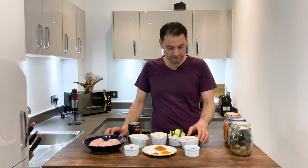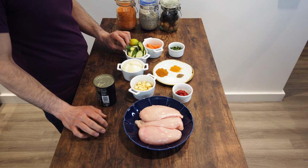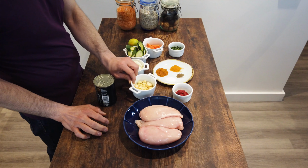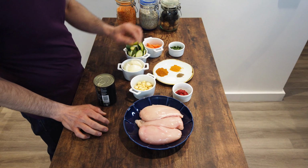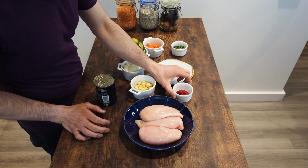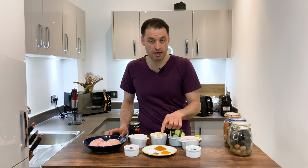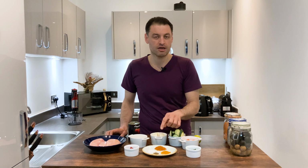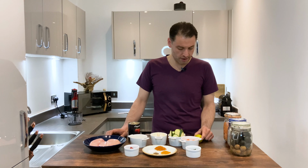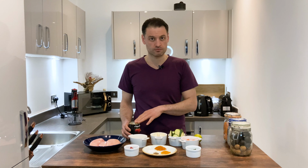So I have got carrot, which I'm using one carrot, one courgette and one onion, and a handful of baby corn plus a handful of chopped coriander, and then a tablespoon of tomato puree and enough salt, pepper and turmeric, plus allspice seasoning, which you can buy from any supermarket. We have got one lime, which we are going to use half of, and a can of tomato,